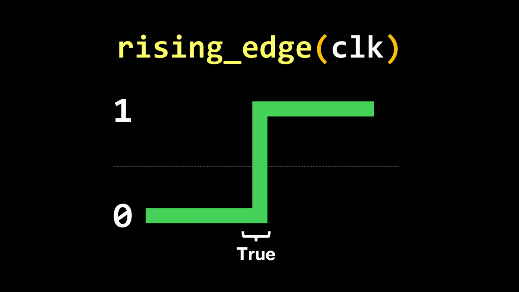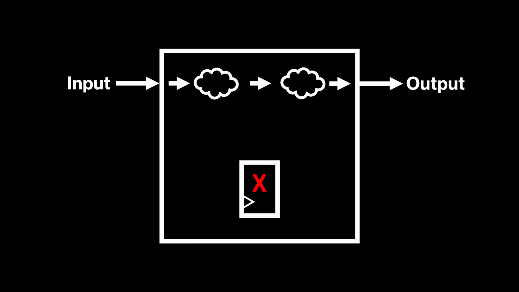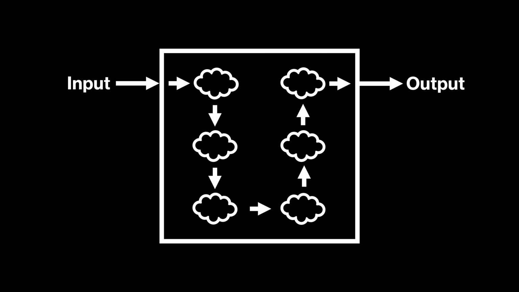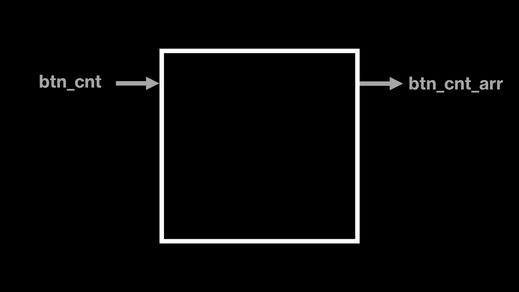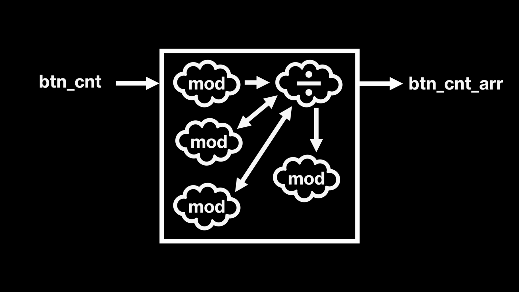In VHDL, functions describe purely combinational logic, meaning their outputs are ready immediately and do not rely on a clock. Because of this, it's important to be mindful of how much logic we place inside them. Large or complex functions can create long combinational paths, which may lead to timing issues. Dividing our counter into 4 digits in a function will require multiple division and modulus operations, which can easily cause